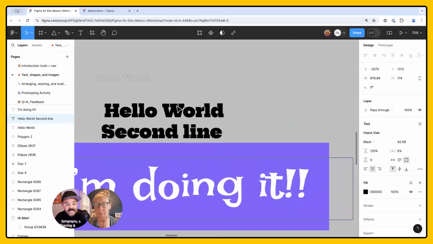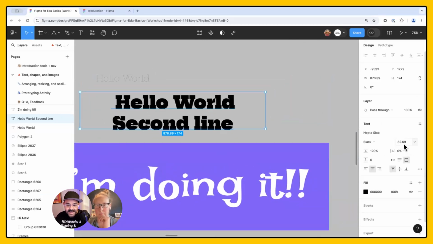Now, that's essentially the same thing as going in and adjusting your type size, right? So a designer who's working, they need to think about, okay, I need to be precise about my type size. And that type size, I'm going to input that value. I want to be intentional about it.